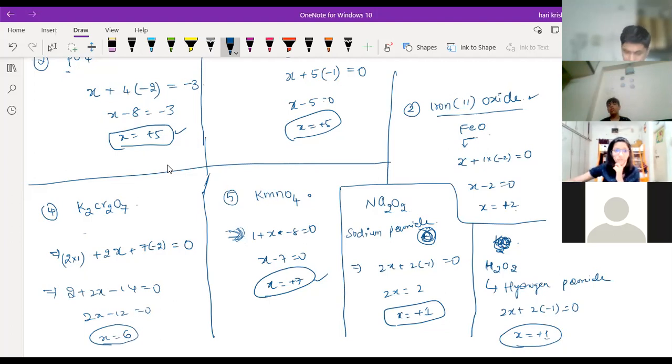Some more examples in the equation part we'll do next class, okay? Yes, sir. How to calculate in equations like Fe plus CuSO4 giving FeSO4, we'll do next class. And reduction also we'll study next class. Oxidation, reduction, redox reaction. Both oxidation and reduction take place simultaneously. That is called a redox reaction. That we'll study in the next class, okay?